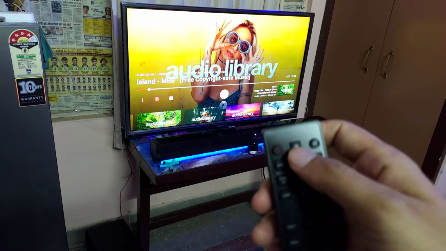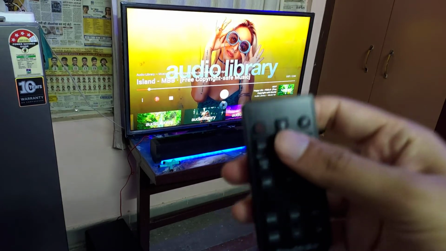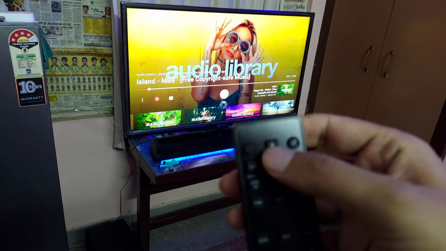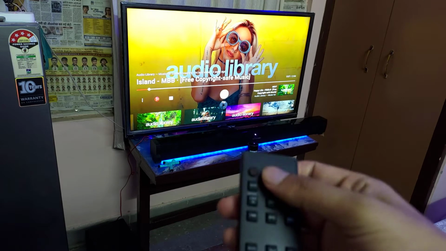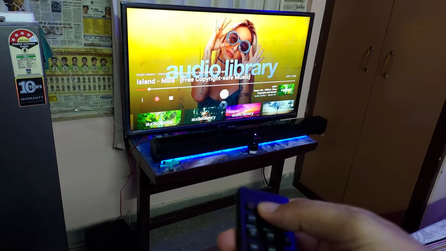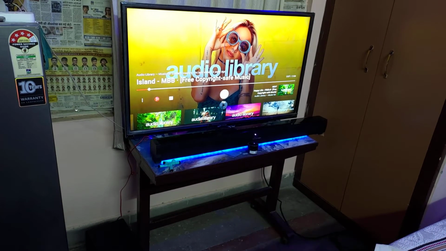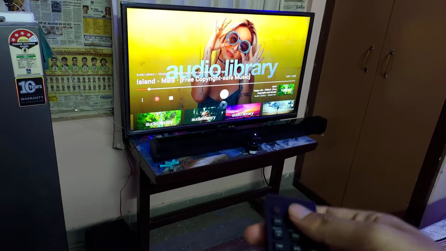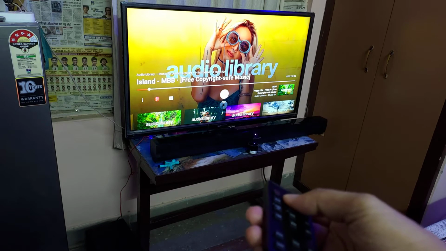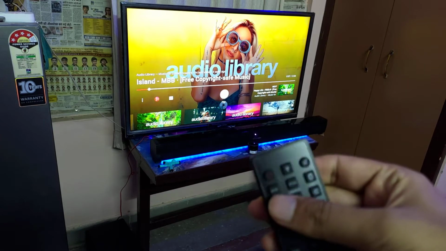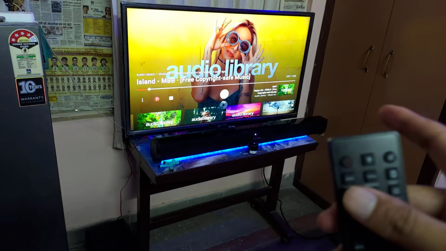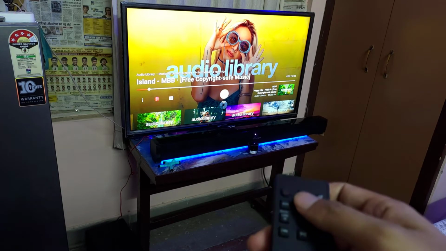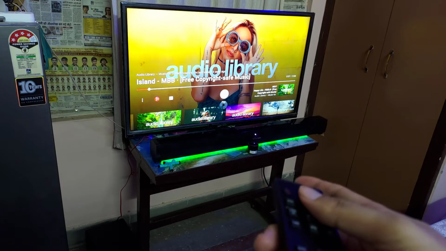So it has LED, and you can turn off this LED by keep pressing this for like 5 seconds, I think. So when I do that, LED will turn off, and when I again hold the button and press it again, it will turn on. So that is one thing by which you can turn it on and off. And then when you click once on this button, it will change the LED color.